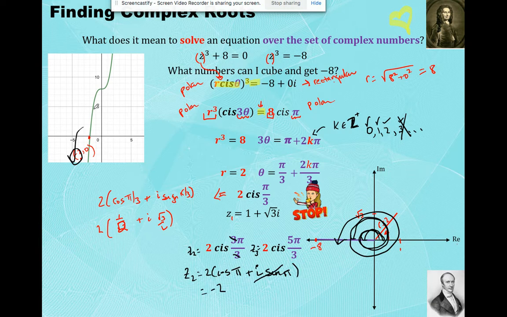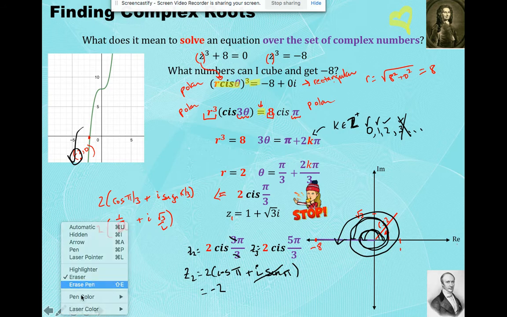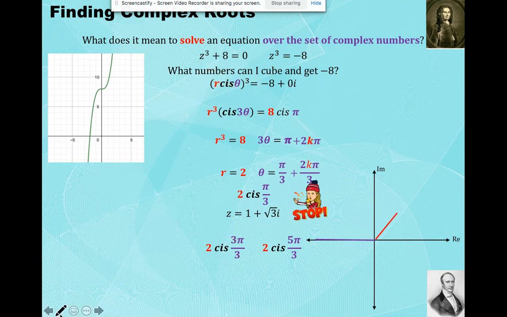Oh my God! This method got me my non-real and my real zeros by the exact same method. Got all 3. How about 2 cis 5 pi over 3? What is that? Two cis 5 pi over 3